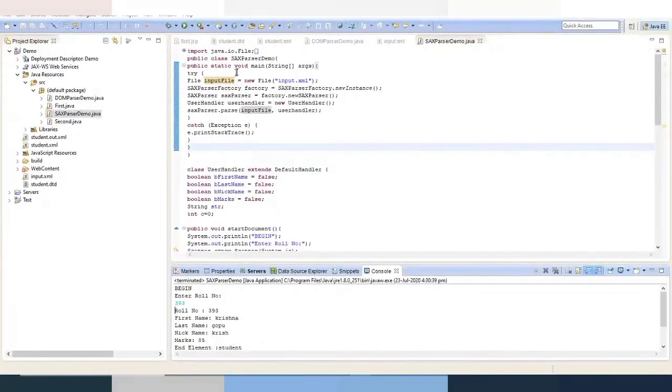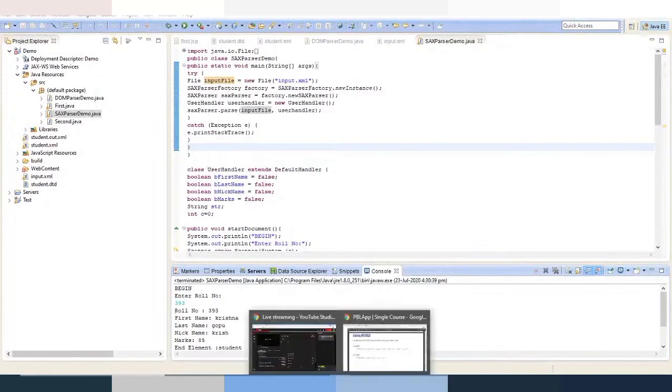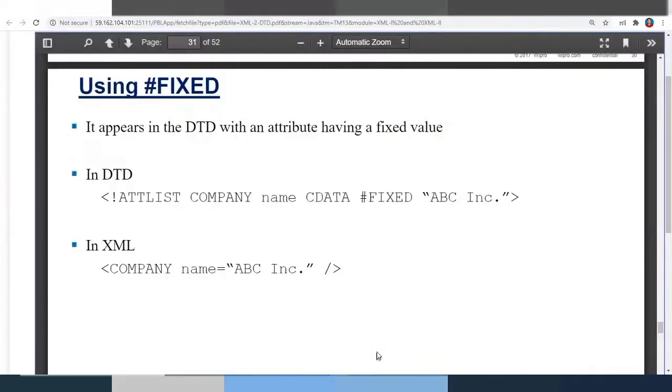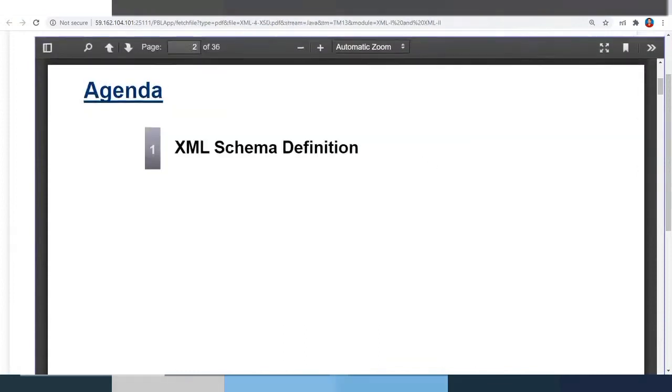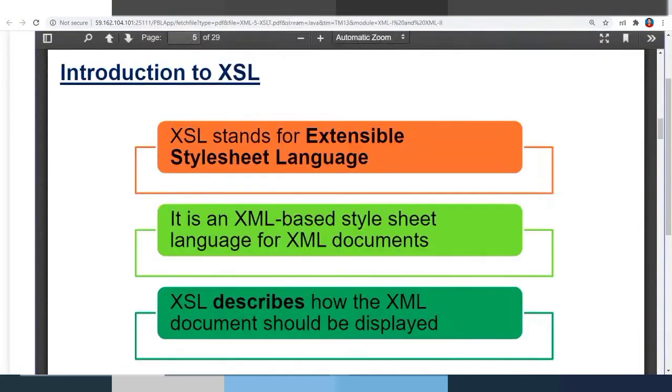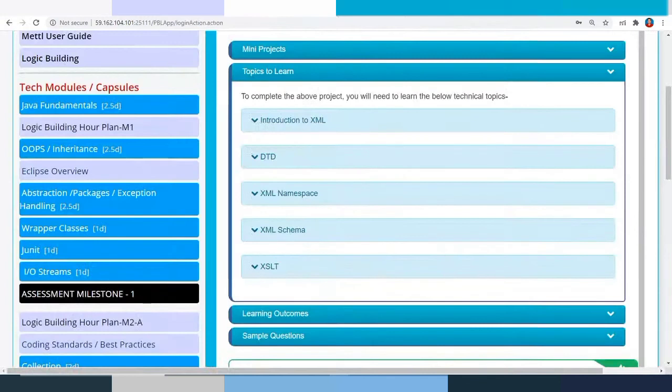I'll stop my discussion on XML here, and you can go through all these documents in the PBL app, use the code, and experiment to see how it is working. And as said, without wasting any further time,